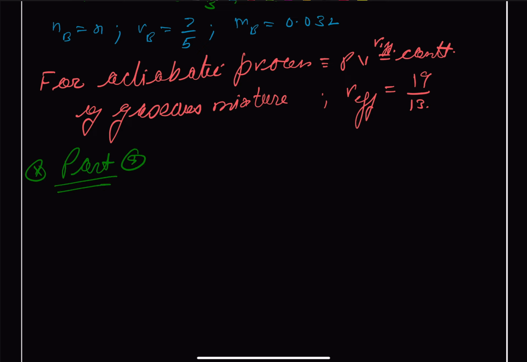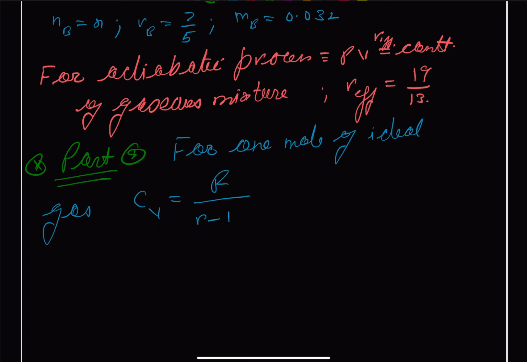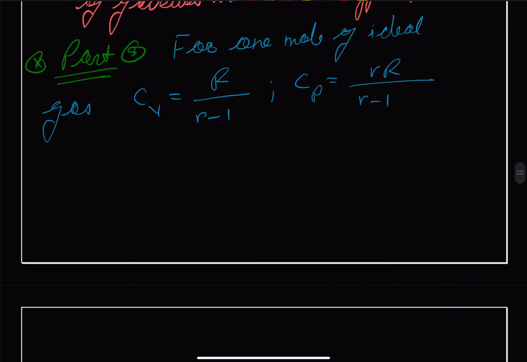Number of moles, that is our B, and we know that for 1 mole of ideal gas we can write that our C of V is equal to R upon gamma minus 1, and our C of P is equal to gamma multiplied by R upon gamma minus 1. Therefore we can write the same formula for both the gases. So we can say for gas A,